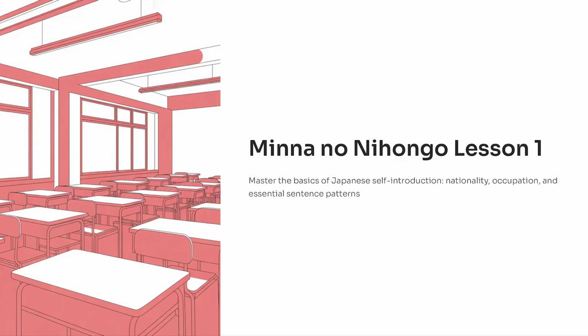Today we're starting from the very basics of Japanese grammar, the polite way of speaking, or ていねいけい. In this lesson, you learn how to introduce yourself, tell others what you do or where you're from, and ask simple questions in a natural and polite way. Don't worry, we'll go step by step, nice and easy. Let's get started.